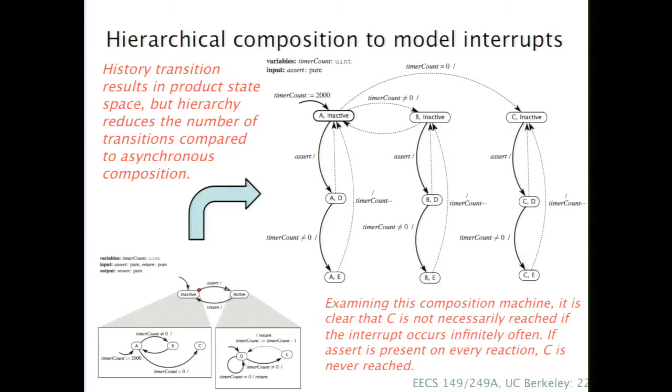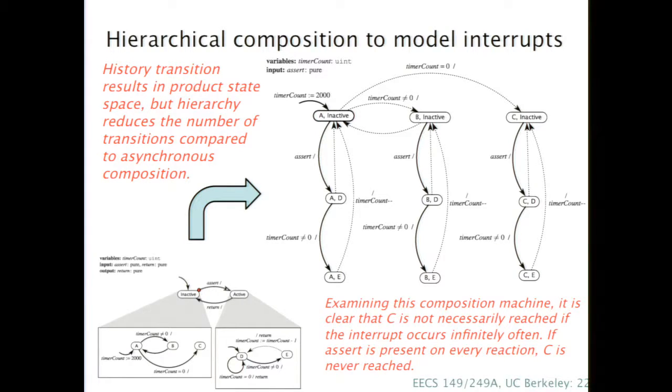That's correct. If you're in the active state and you react, and assert is true, there are no transitions in your refinement or in your main machine that are triggered by assert. Therefore, assert will be ignored. In this way, you will always reach the state C. No, you don't always reach the state C. Because if assert only holds for